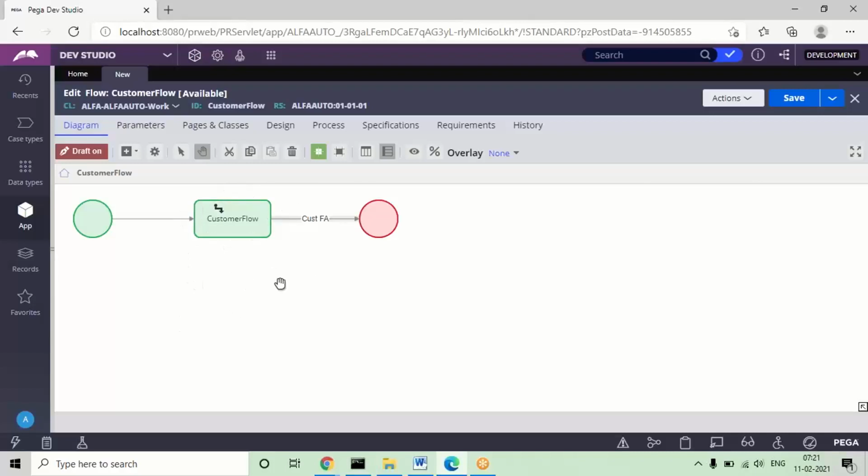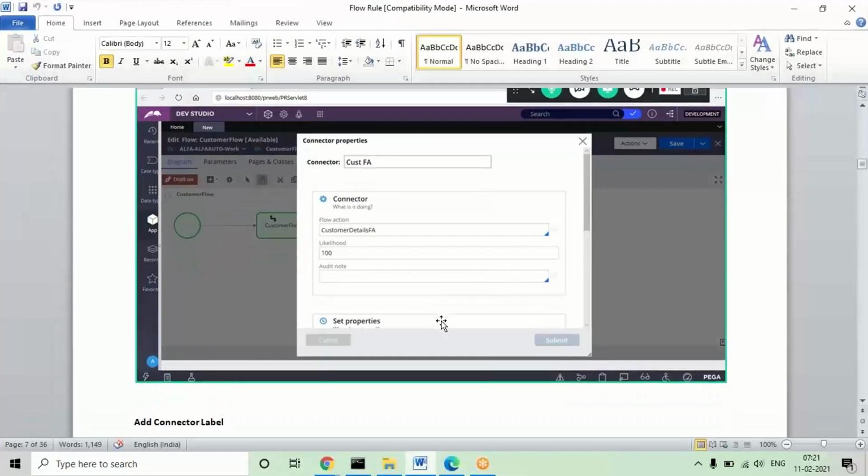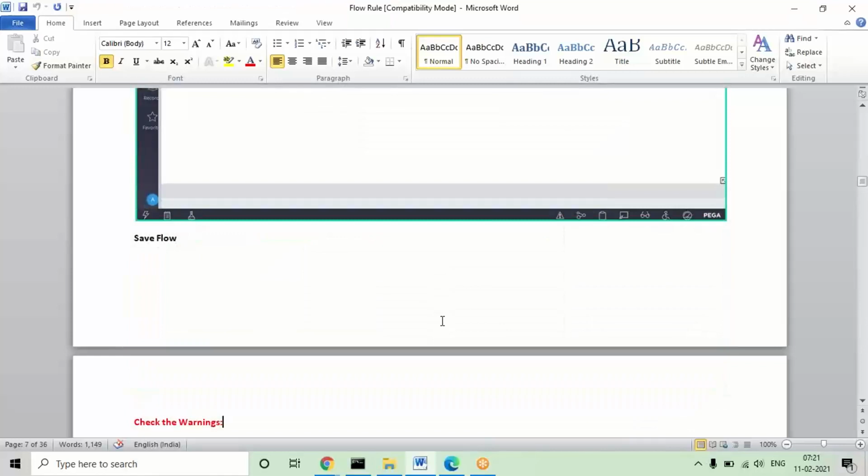Only some 5 to 10 rules will directly map, but internally there are many other rules which will be created, and later we are going to assign them directly or indirectly inside the flow rules. Don't worry, step by step you will understand those. And apart from that, if you want to compile this flow,